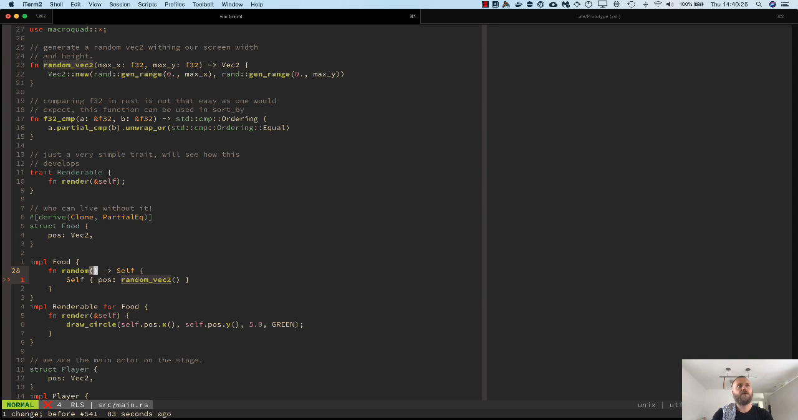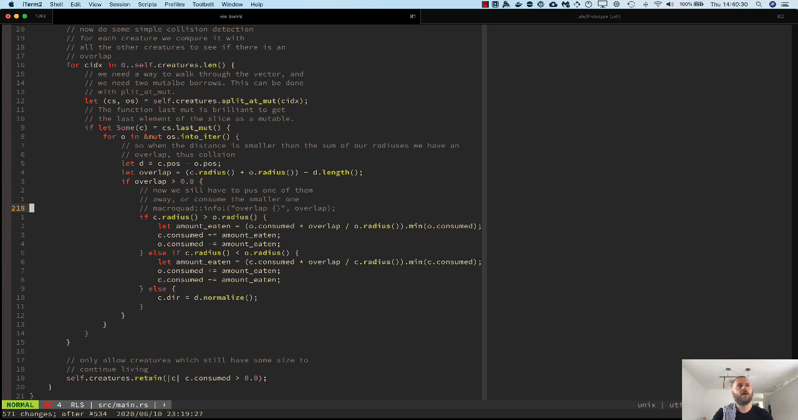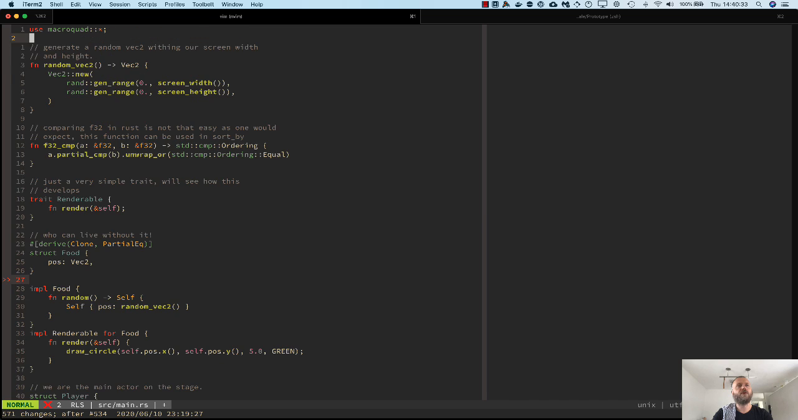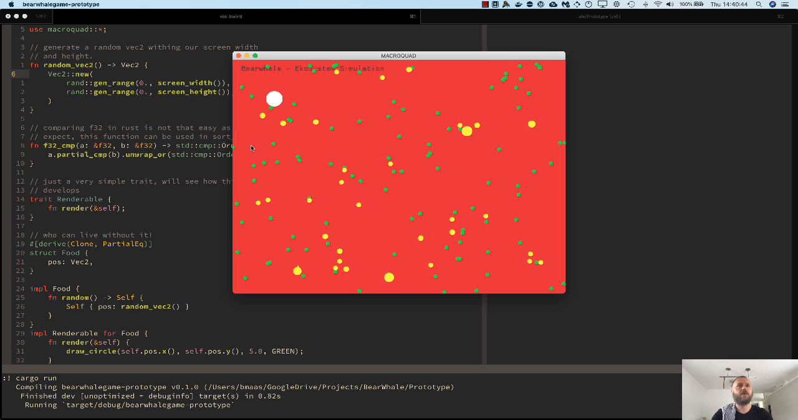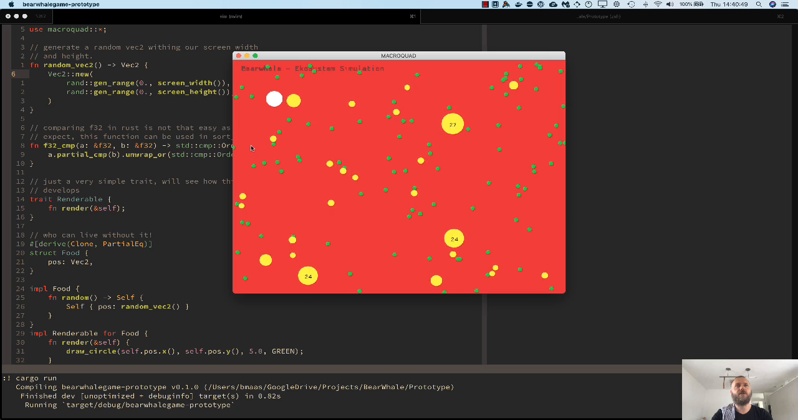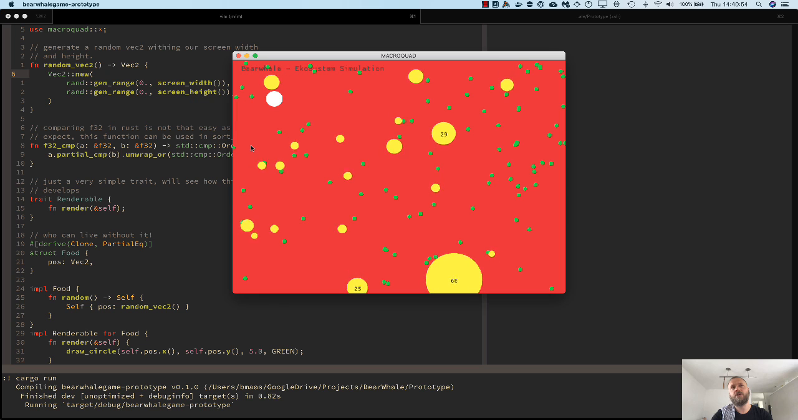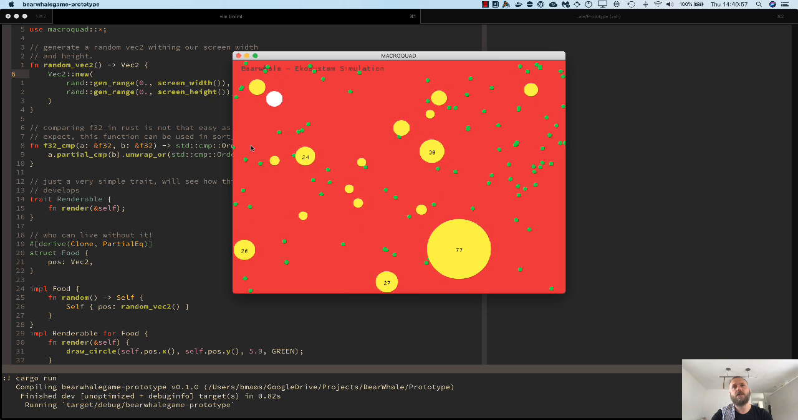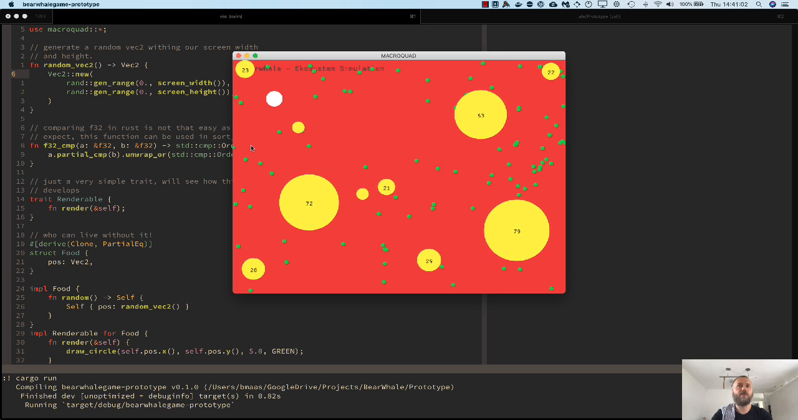So welcome back for another hacking session on the game. In the introductory video, we created a very simple game, right? And I've been working on it a little bit more. As you can see, the little creatures start finding food and they grow. The whole idea is that they want to find food, and then once they've found food, they will